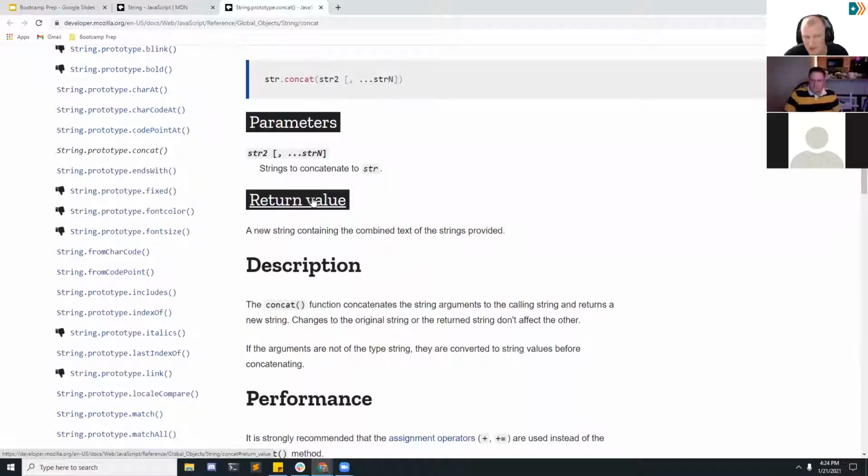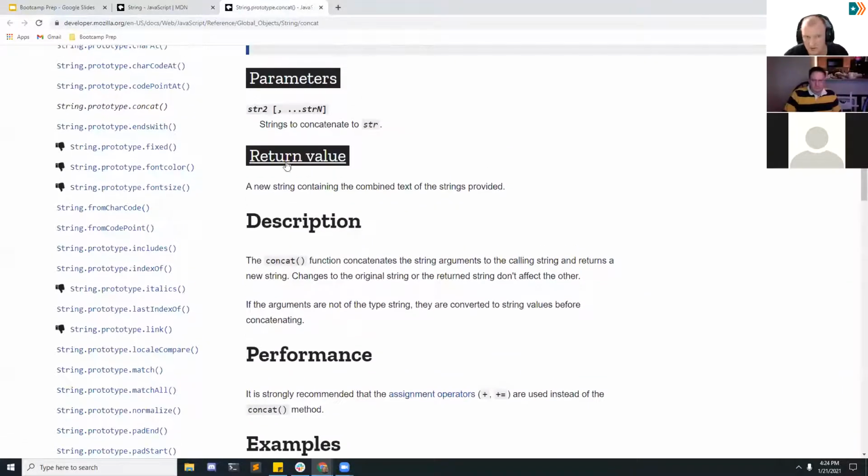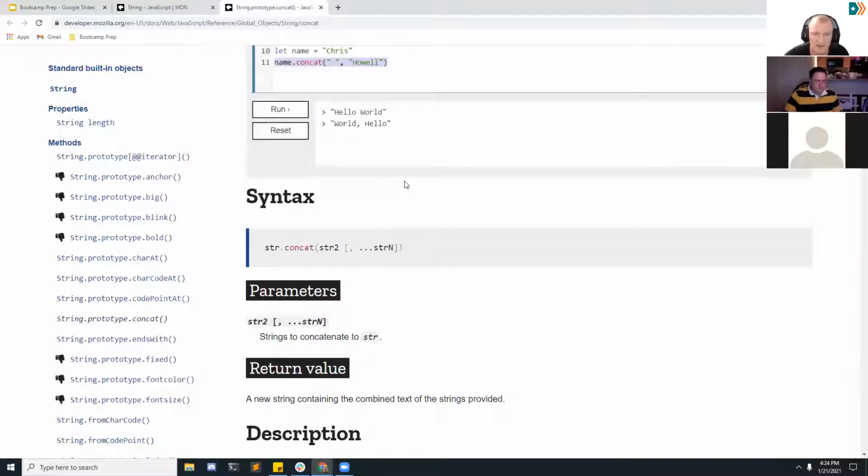The return value is important. Always check the return value when you're looking in the docs, because it says it returns back a new string containing the combined text of the two strings provided. And